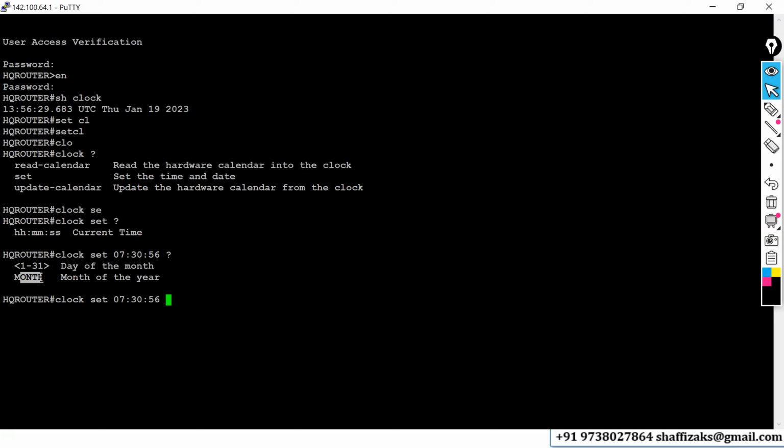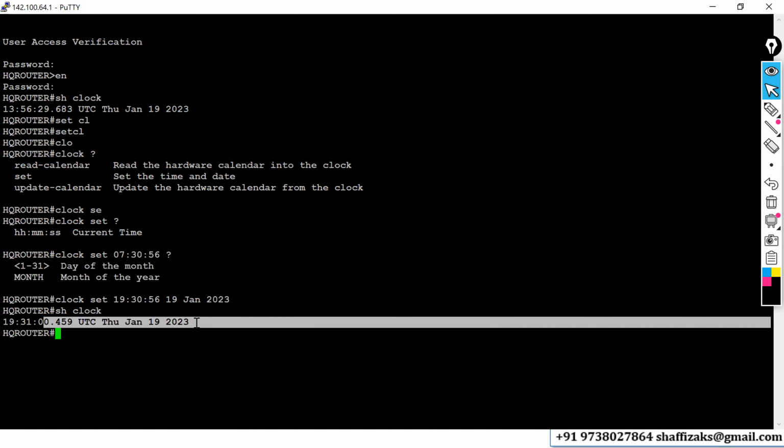That will be 19. Now what is the date today? 19 Jan 20. This is how you can set the date and time. Now you can type show clock. So it shows 19:31, Jan 19. I am going to save this configuration first,